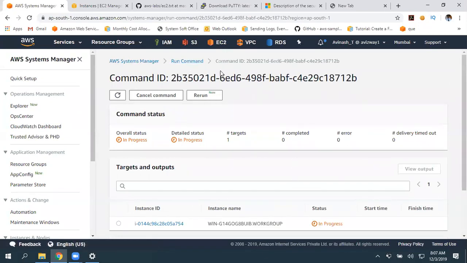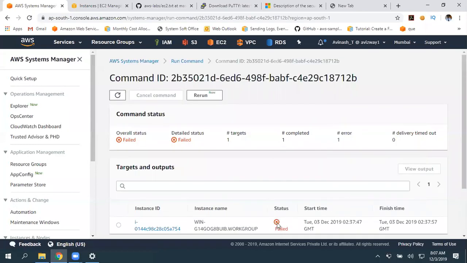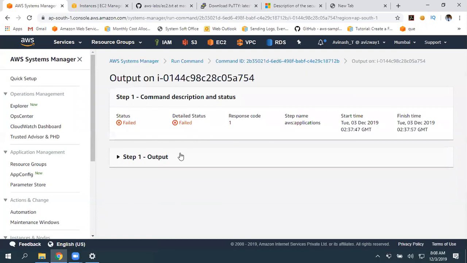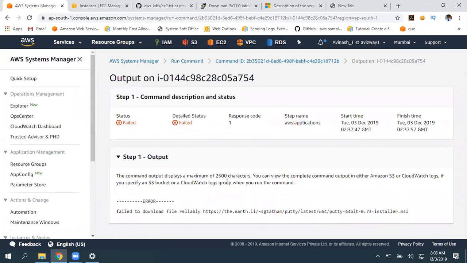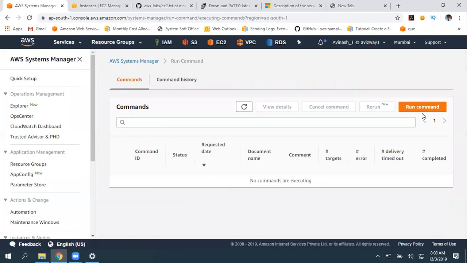Or you can just upload to an S3 bucket and give that URL also. If it is unable to download from the internet, maybe because of security exemptions and all, you can use the S3 mechanism for that.